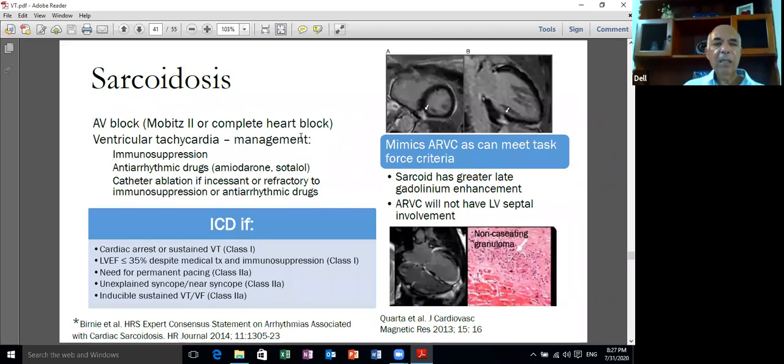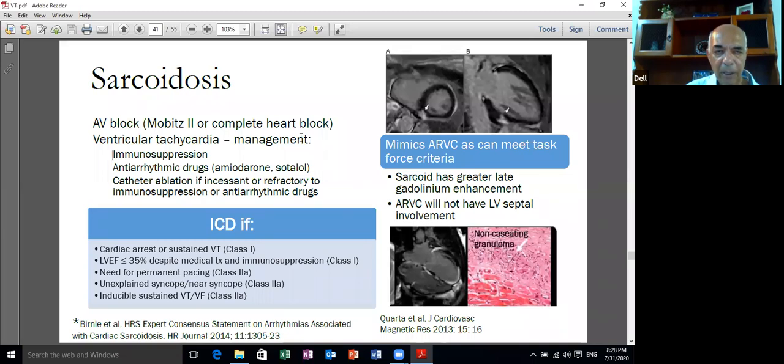So we move on to another situation, sarcoidosis. This is a condition in which the interventricular septum is involved, like in hypertrophic cardiomyopathy. Remember that the interventricular septum is not involved in arrhythmogenic right ventricular cardiomyopathy and is not involved in left ventricular non-compaction. But it is involved in sarcoidosis as well as in hypertrophic cardiomyopathy. Remember as well, a family history is a risk factor in patients with arrhythmogenic right ventricular cardiomyopathy and also is a risk factor in patients with